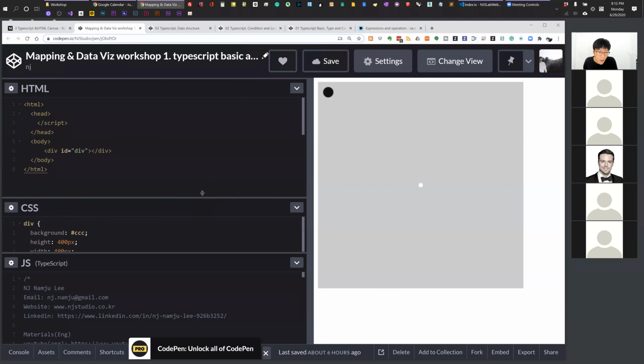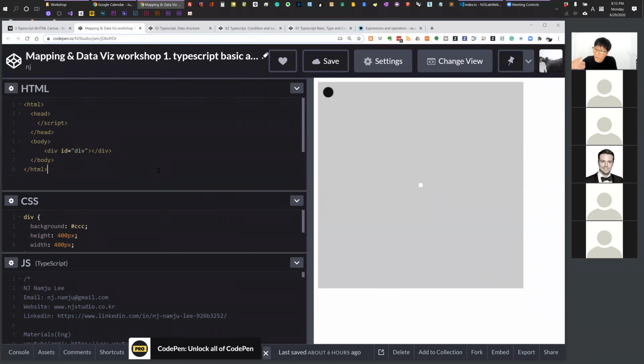And for those who are already familiar with HTML, which is a hypertext markup language, HTML is all about what you can see on the website. So HTML is just like a bone in order to draw the UI, a button, slider, image, div, table, whatever on the web page. That's why we are calling it a hypertext markup language. So this is the other syntax. We have HTML with the